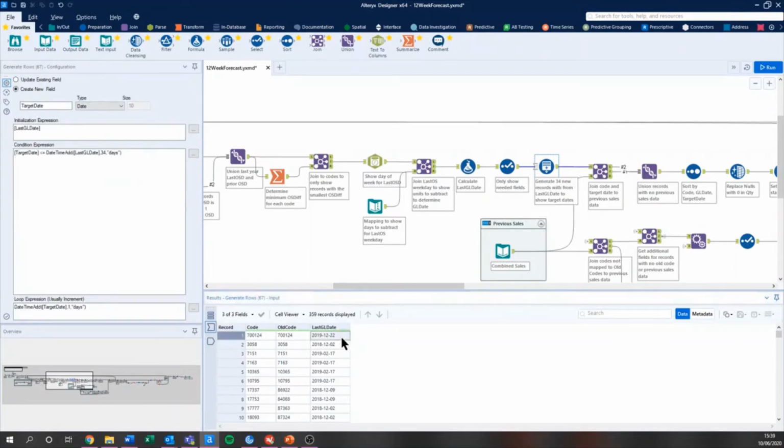So what we want to do is simply say take this go live date and keep adding one date, give me one extra row for the next day for the next 34 days. We use this condition expression and this loop expression here for code 700124. Rather than having simply this first date here, we now have one date for the first 35 days that product